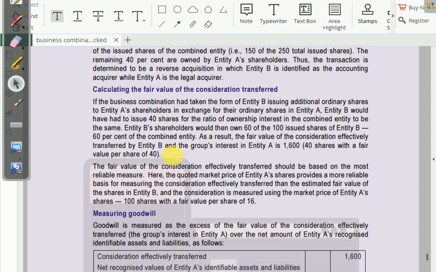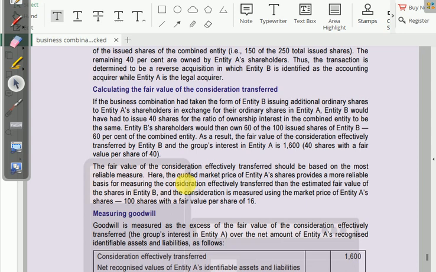1600, 40 shares with the fair value of 40। जो हमने आगे देख ही लिया है, 1600 पे करने के लिए आपको 1600 डिवाइडेड बाय 40 करना है। तो आप 40 शेयर्स करेंगे, उसमें 30 रुपये का शेयर प्रीमियम और 10 रुपये का शेयर कैपिटल, 1200 प्लस 400, 1600 होंगे। और 40 शेयर्स देंगे तो हमारे खुद के 60 शेयर्स तो हैं ही और उनको 40 देंगे तो टोटल 100 शेयर हो जाएंगे और हम ही खुद ओनर रहेंगे।